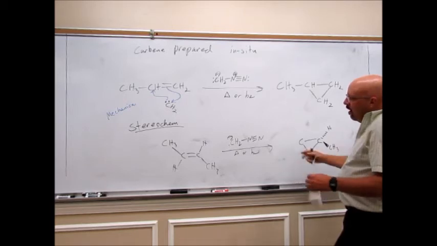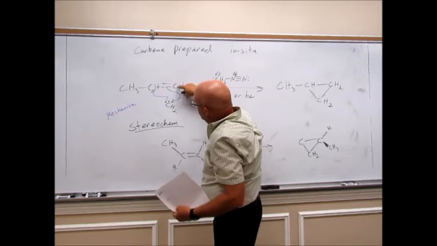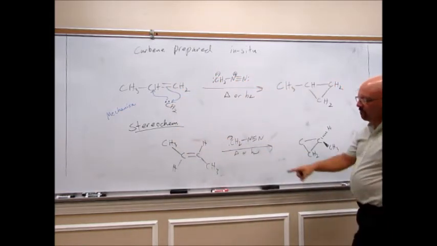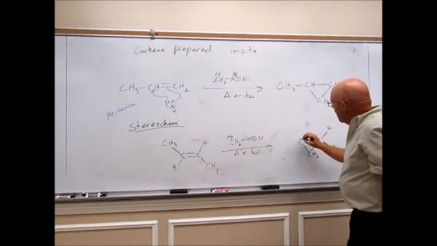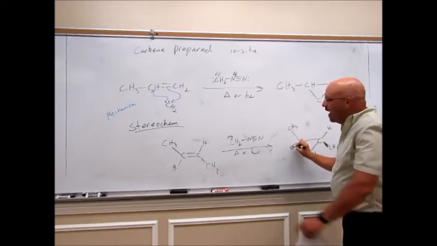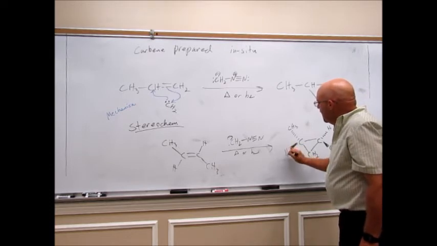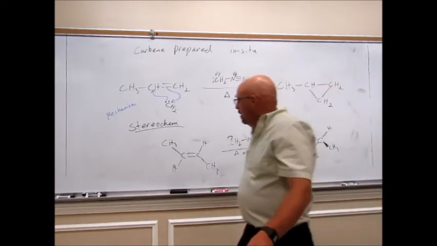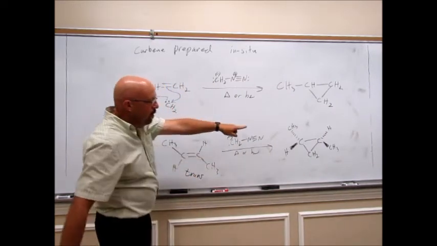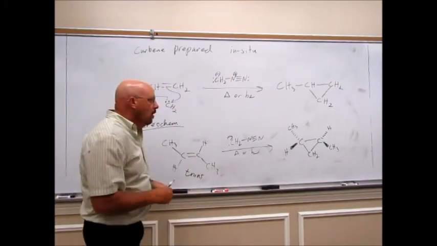Now, all of this happens at exactly the same time. We're forming a bond here and breaking this one and forming a bond here all at the same time. So our stereochemistry is locked into place. If those methyls started on the opposite side, they will be on the opposite side in the product. If they were on the same side in the starting material, they'll be on the same side in the product. So we keep that same stereochemistry. You can see we had the trans, they were on opposite sides, they will be on opposite sides here. So you can see I got one as a dash, one as a wedge. Now, with this one,